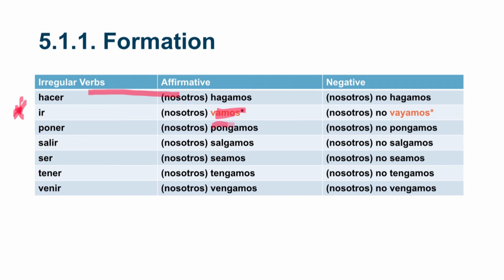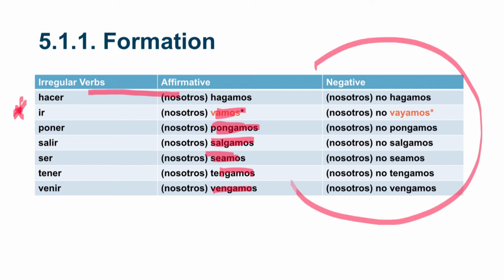De poner, pongamos; de salir, salgamos; de ser, seamos; de tener, tengamos; y de venir, vengamos. The negative is exactly the same except for ir. See? So this vayamos, the verb ir will have an exception.